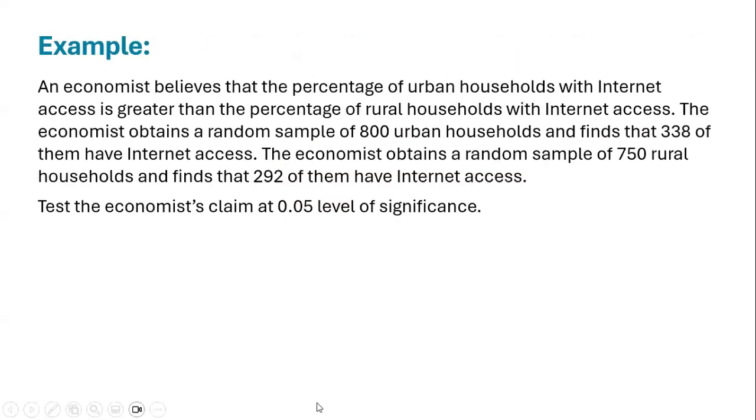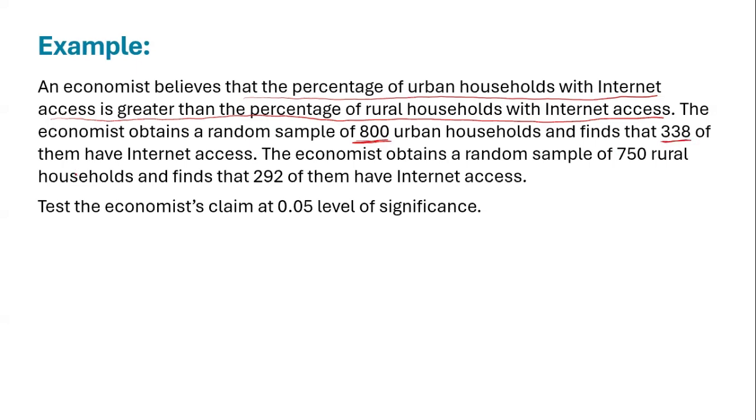And the last question, he says, an economist believes that the percentage of urban households with internet access is greater than the percentage of rural households with internet access. So that's a claim. I always underline the claim because when I'm writing the null and alternative hypothesis, I need this. The economist obtains a random sample of 800 urban households